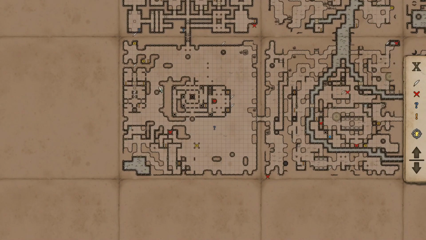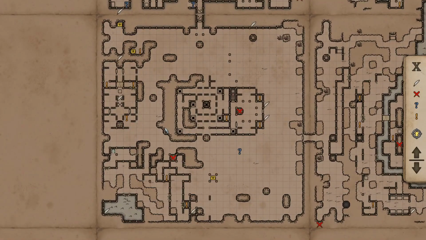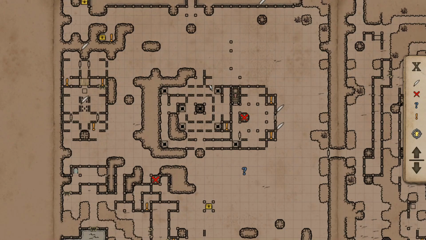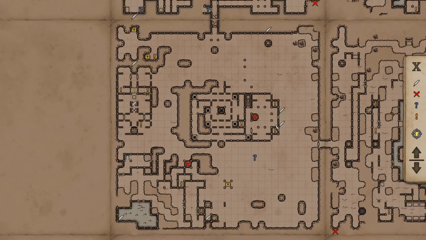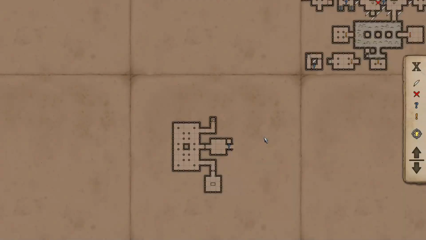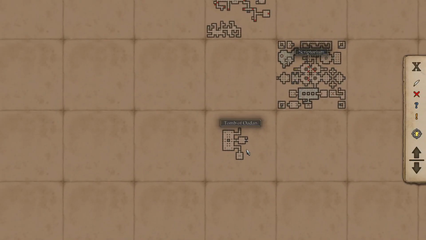Buried treasure, somewhere in this zone, somehow. I did find all the secrets, but a buried treasure... That little alcove looks like it could have something like a chest in it. You know what? That's my idea. Let's try it. What the...